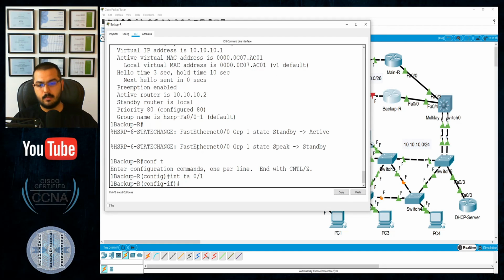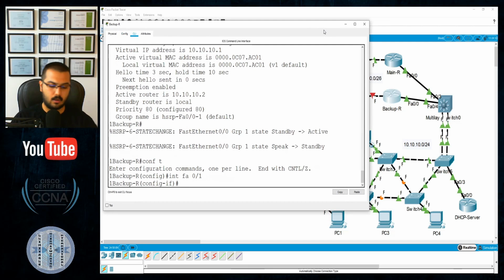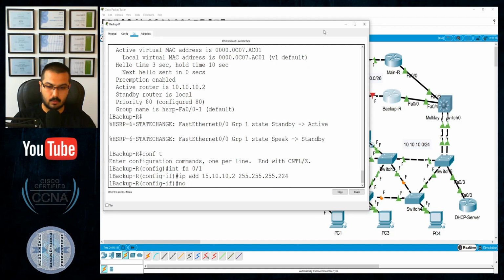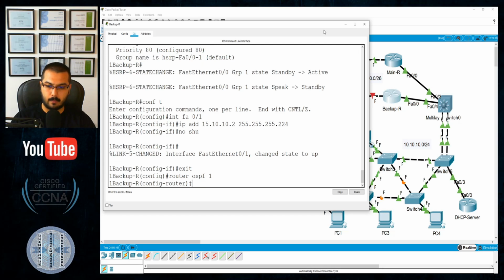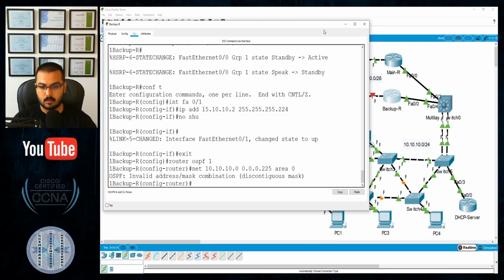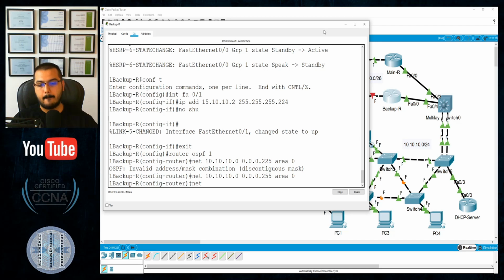Interface FastEthernet 0/1. Why am I missing this? Yeah, 0/1, I'm sorry. Okay, and the IP address will be 15.10.10.2, 255.255.255.224, no shut, exit, router OSPF 1, network the 10s, and also, I'm sorry, 255, yeah, I'm sorry, 255, and also network 15,